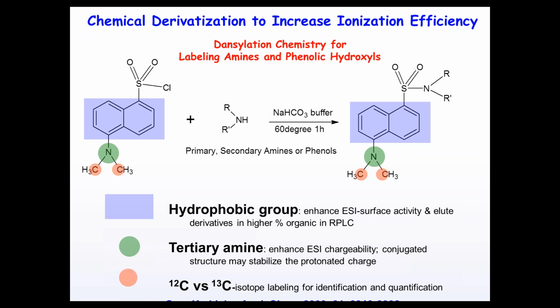Chemical derivatization can be used to increase the ionization efficiency of a metabolite. For example, dansylation can be used to label all the metabolites containing an amine or phenol group and increase their ionization efficiency by 10 to 1,000-fold. So we can use dansyl labeling to target the analysis of the amine and phenol submetabolome. Other labeling reactions can be used to target other chemical groups. And this is a very active research area for increasing detection dynamic range in metabolomics.